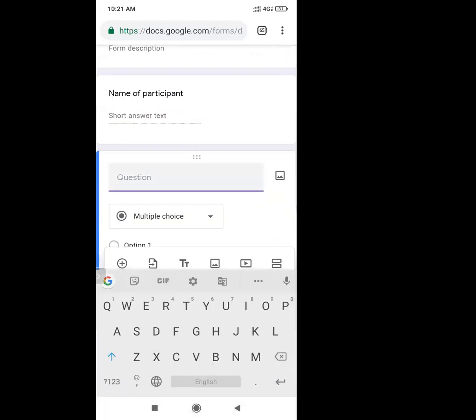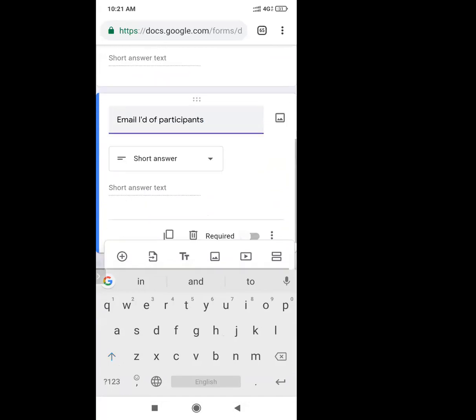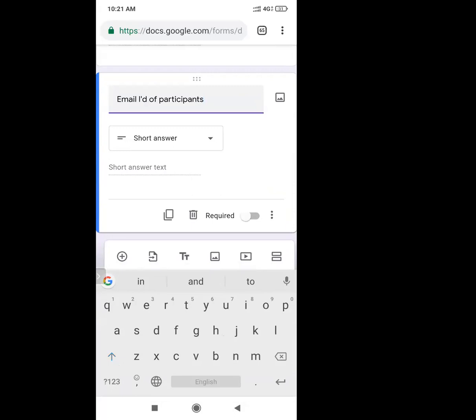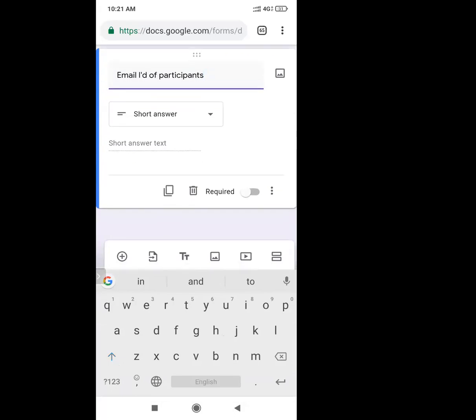Now I will type, suppose, email ID of participants. Okay, email ID of participants. This is also a short answer question.